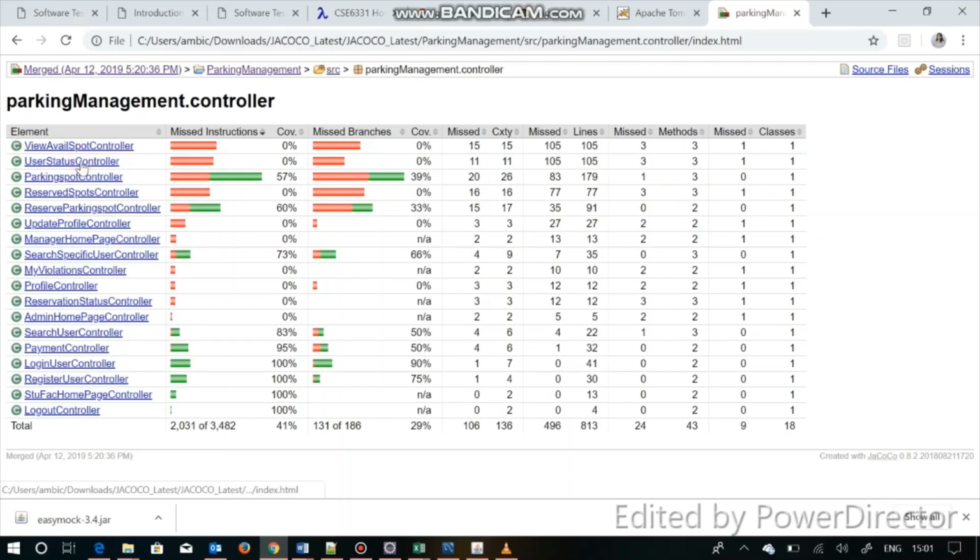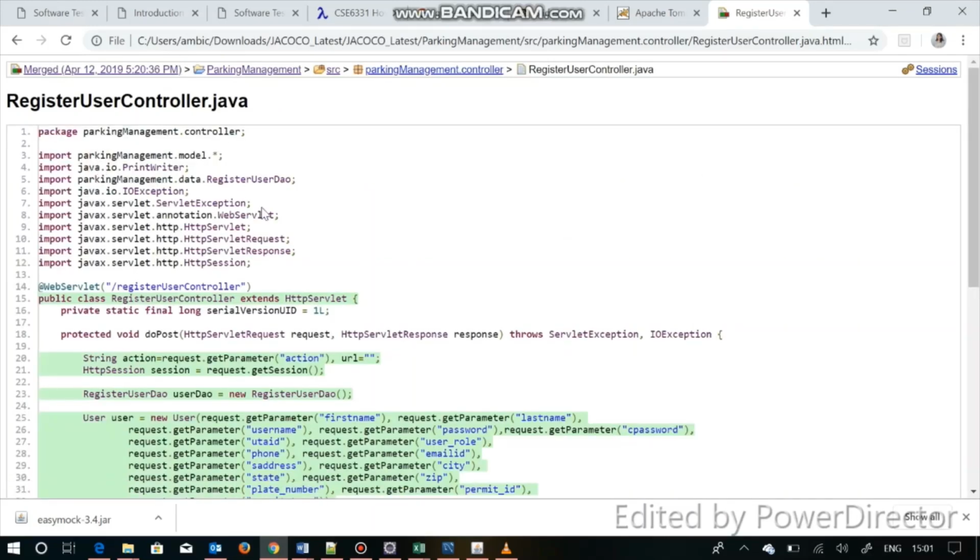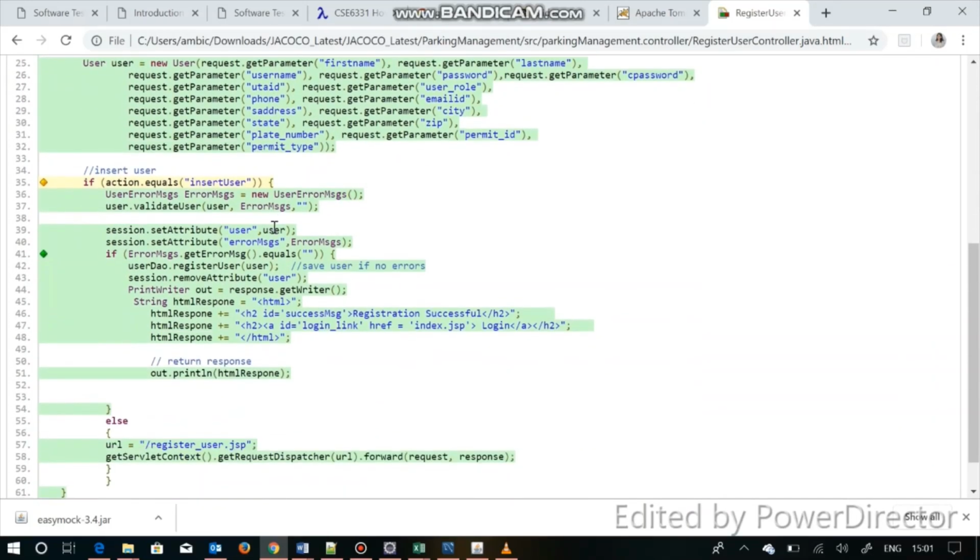Let's see the controllers. In controllers we have 100% coverage for login user controller and register user controller, because we are testing these two extensively, and the others we have partial coverage because they are just covering the success cases. Let's have a look at the register user controller. Here you can see that we have full coverage, except we have a yellow diamond over here, because